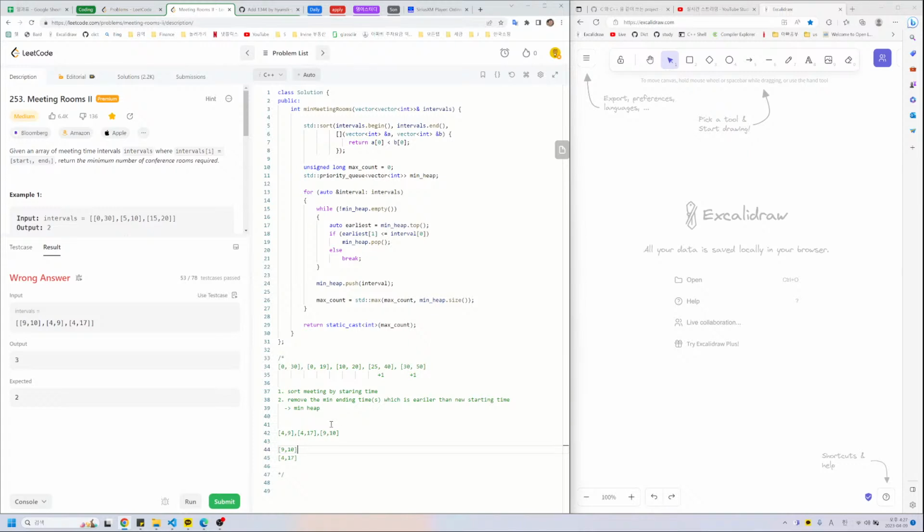So previously max count is 2, currently is also 2,